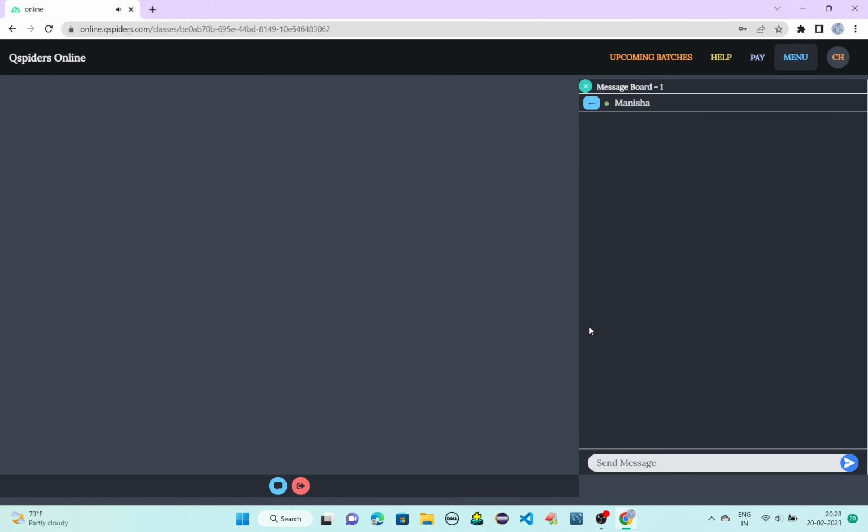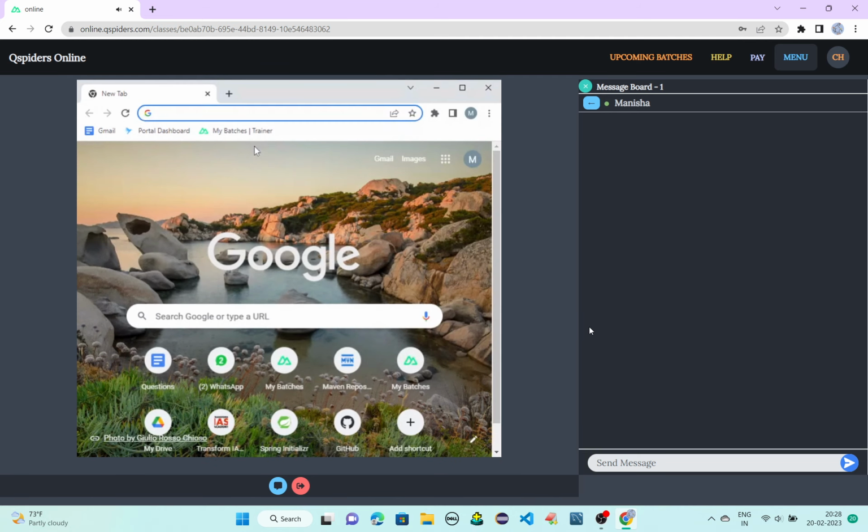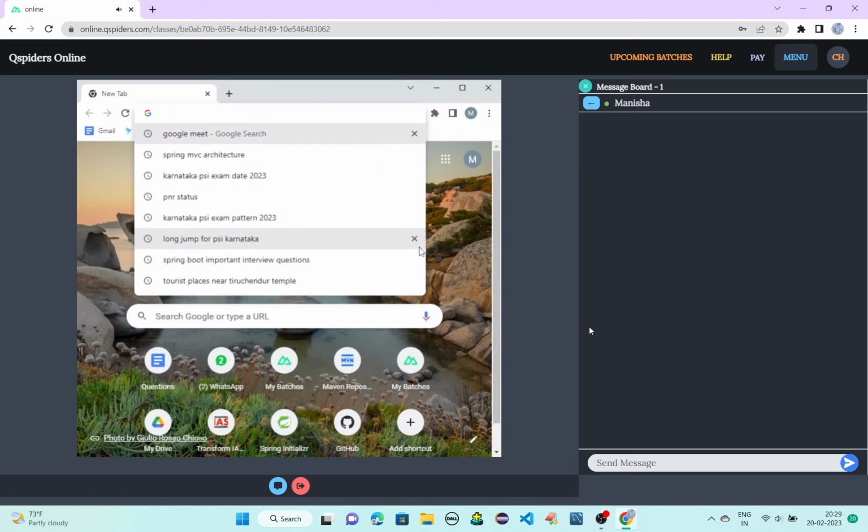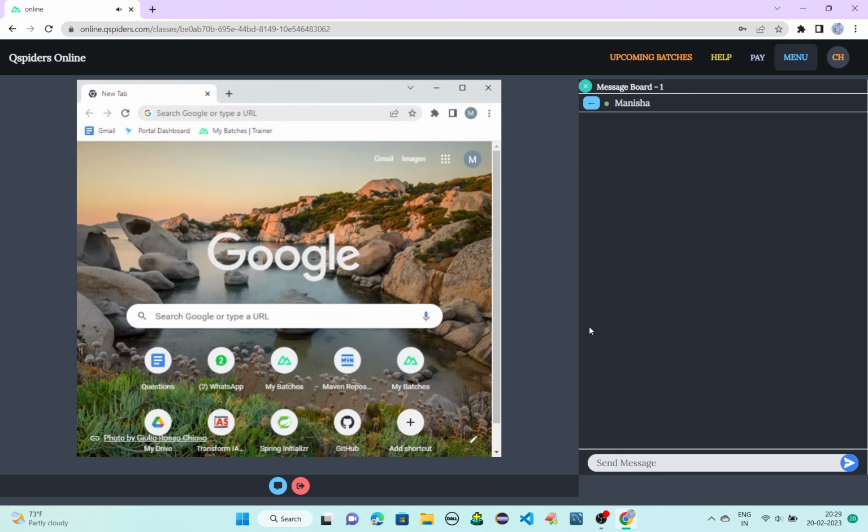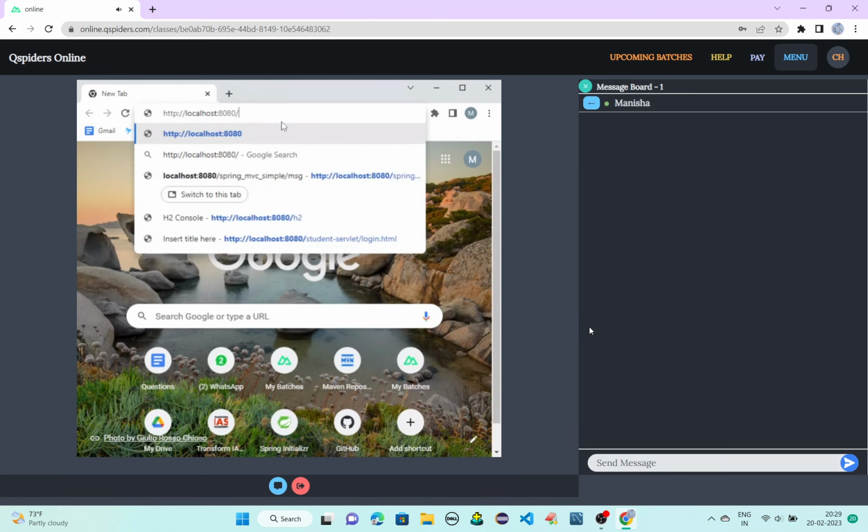Now I'll explain the workflow, how exactly it is working. Let's say we are the client, we are on the browser side. So I'll use this URL. It is localhost, HTTP localhost, port 8080.